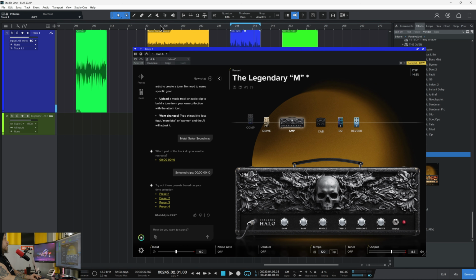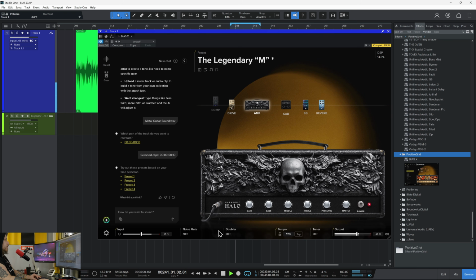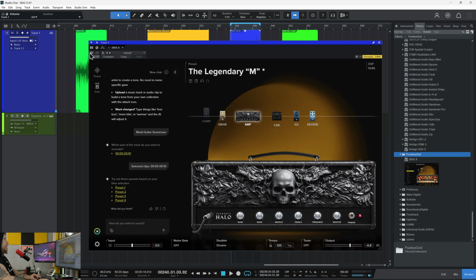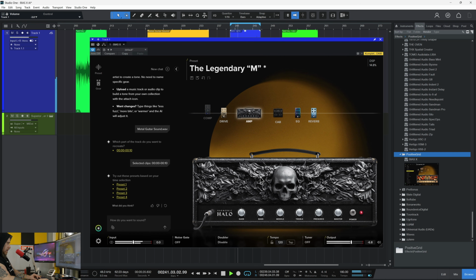Again, remember, this is the original here. So this is really panned, like the actual track is panned very wide. This is not panned as wide. I could change this input to stereo. Let's see if that works. So it's close, but it's... All right, it doesn't have the attack and the presence that the actual track has. So I would have to dial that